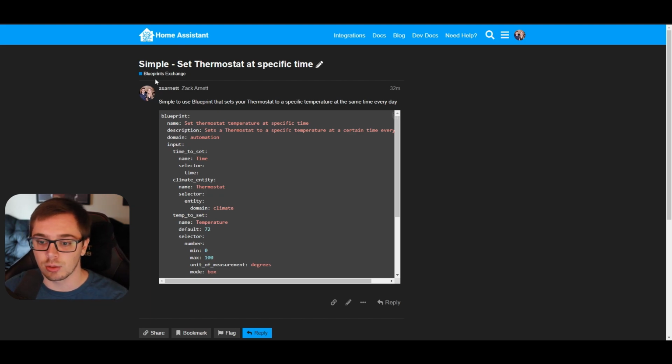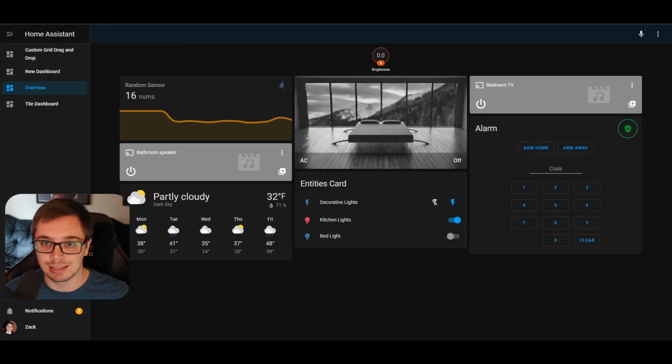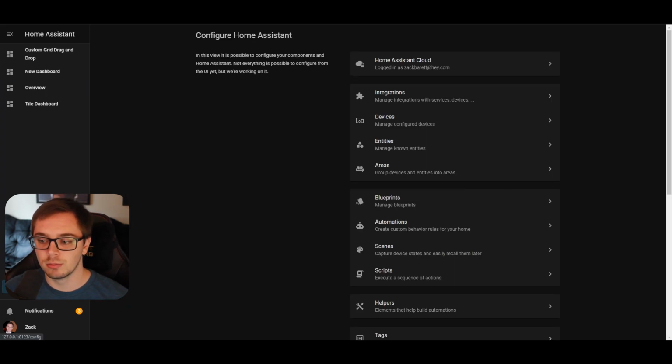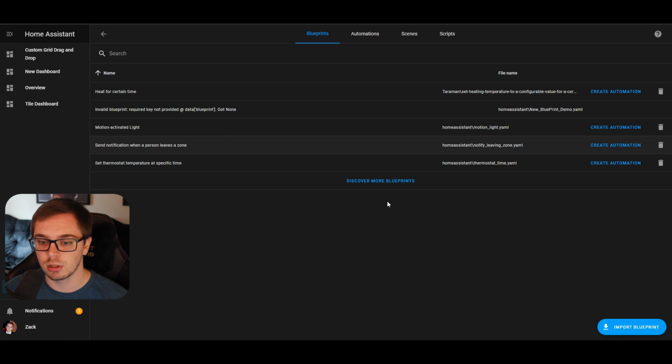All we're going to do is say, okay, we like this description. We like what it says it's going to do. So we're going to copy this URL. Literally go to the URL, click Control C or click copy, and we're going to go back to our Home Assistant instance. So here, we're going to go to configuration, and you'll see there's a new little section here above automations that says blueprints. We're going to click on blueprints,